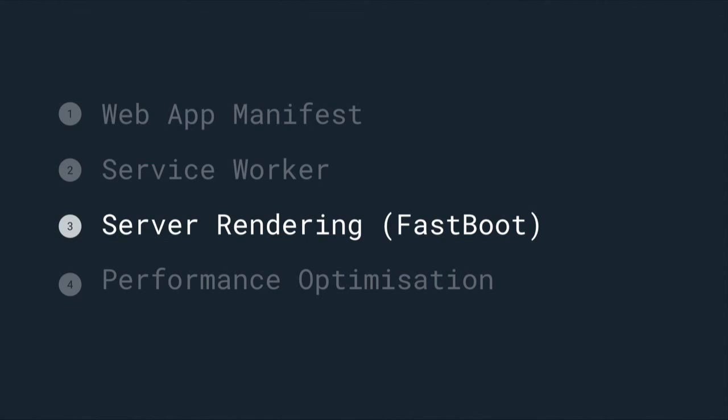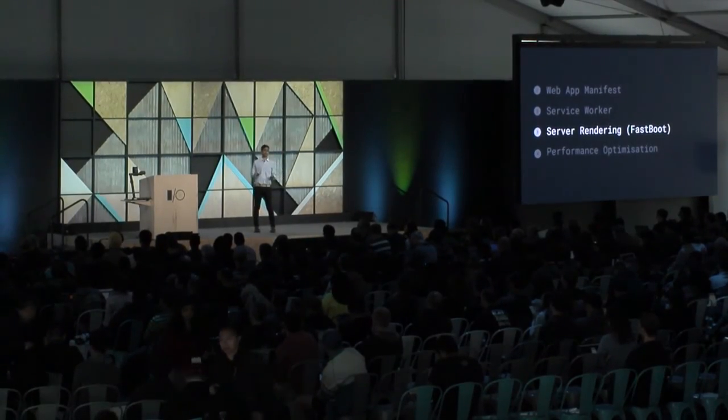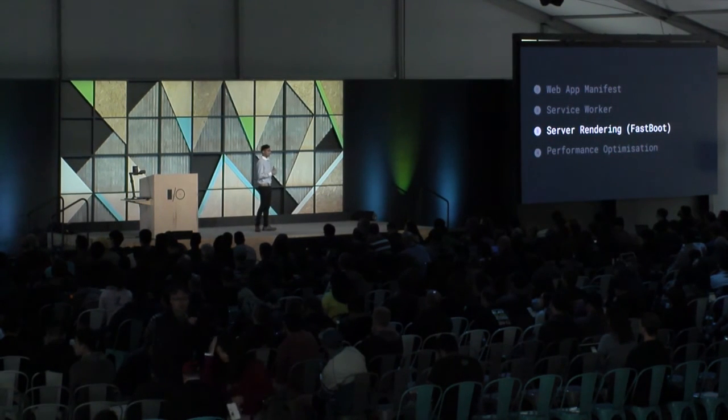Now, next up we've got server-side rendering with FastBoot. Now, I've got to be completely honest. When it comes to server-side rendering and adding it after the fact to a framework-level application, Ember has got this down to an art when it comes to FastBoot. I found this like the easiest thing to set